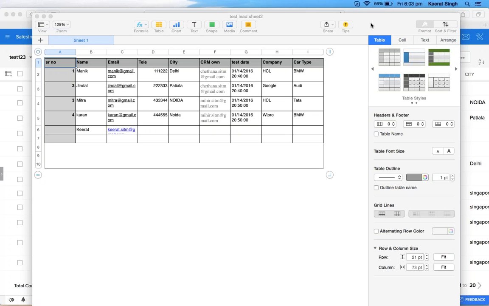Hi, today we're going to import a simple Excel sheet into the Zoho CRM leads module. As you can see, this is a simple Excel sheet with the basic parameters like name, email, tele, city, company, and so on. The two main criteria for an Excel sheet to be imported correctly, that is, the first